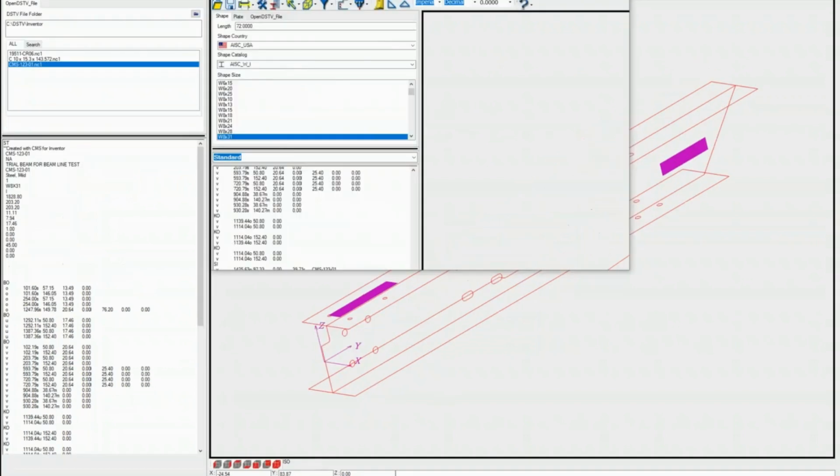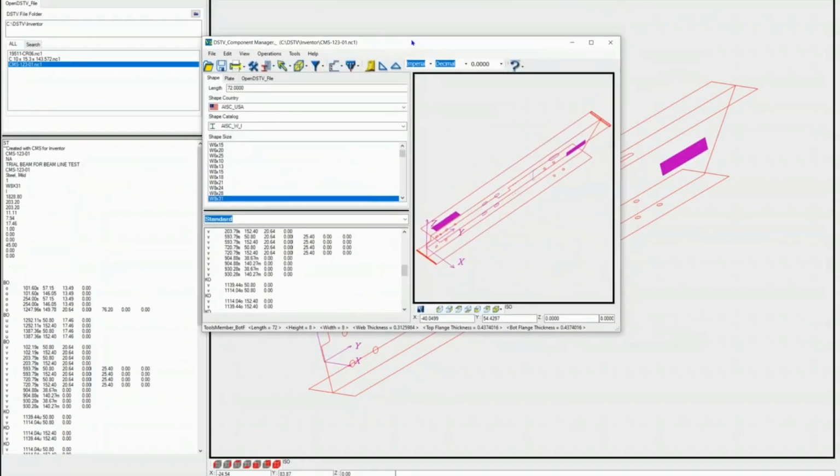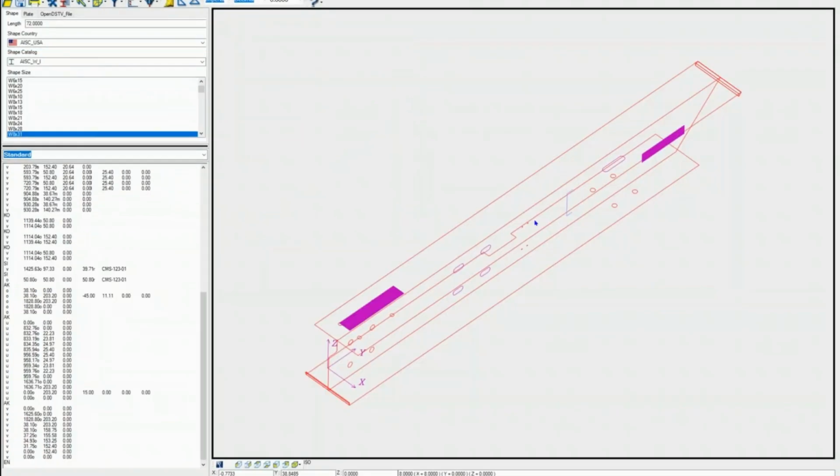So this is a CMS standard window that can be used as a post processor if you need it to be, or at the same time an NC1 editor. If you have something from Tekla or NC1 that you want to correct, delete and then correct and apply new stuff, this is where you can come and apply new stuff and create an NC1 file from. On top of that, as I said, this tool can be used to create an NC1 file from scratch as well, right? So I'm going to go to that